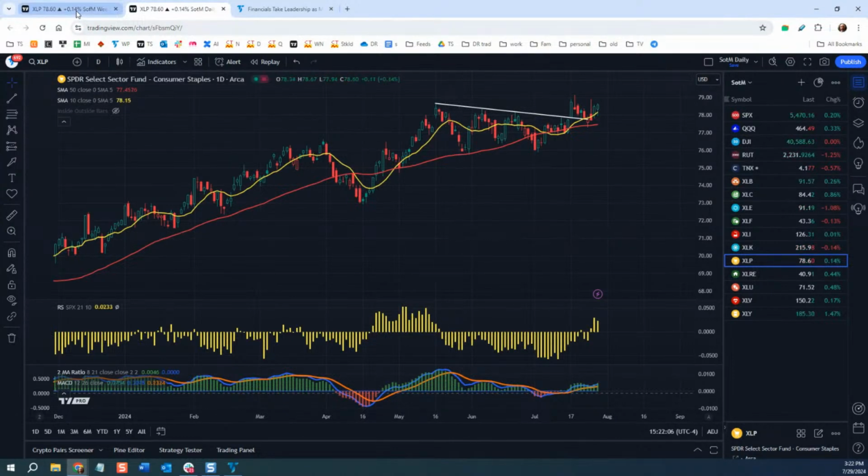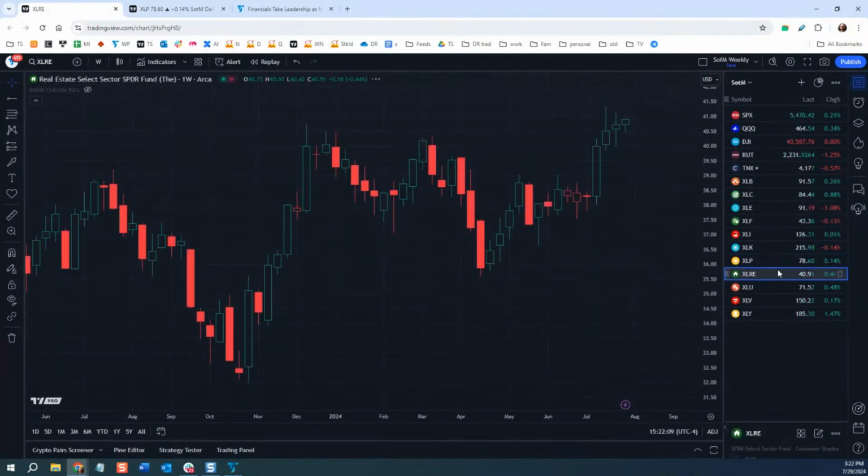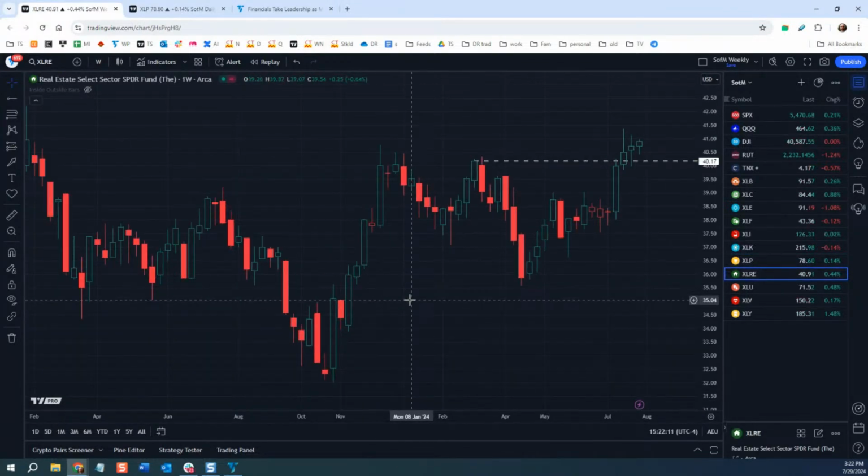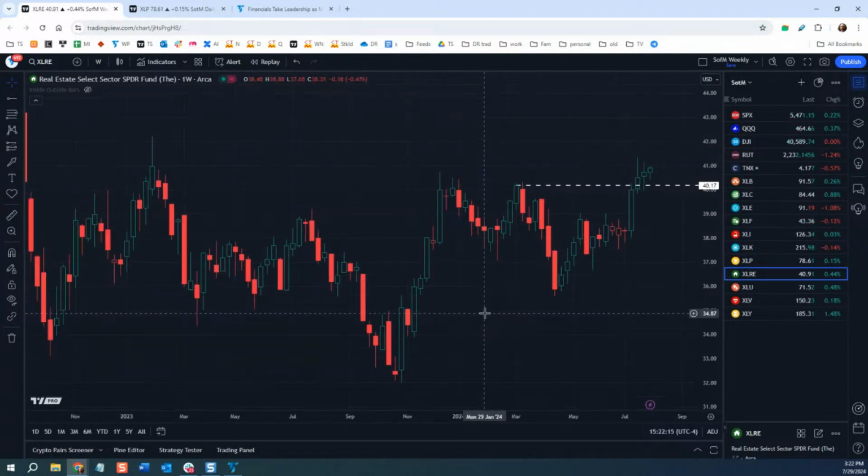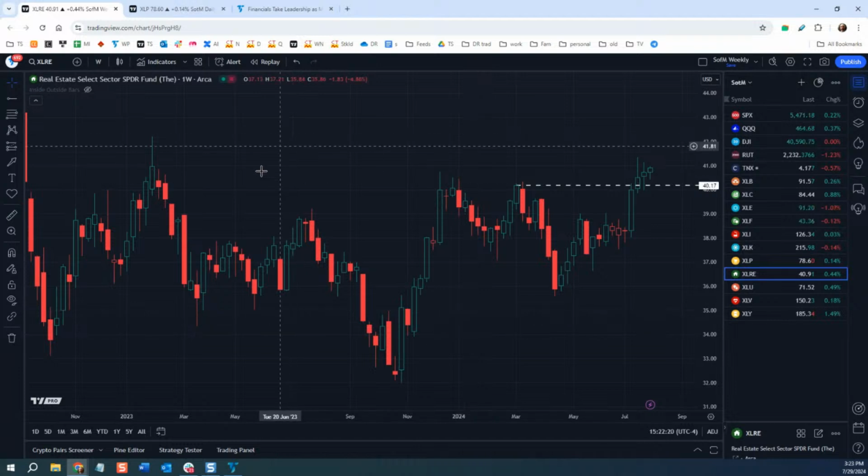Now, another one that gets even less attention is the real estate investment trust, but this has been a very interesting chart. Been closing at new weekly highs here. Now, this is interest rate sensitive. It's had a lot of concern about offices, office vacancies and all these things. But again, interest rate sensitive, closing at new weekly highs.